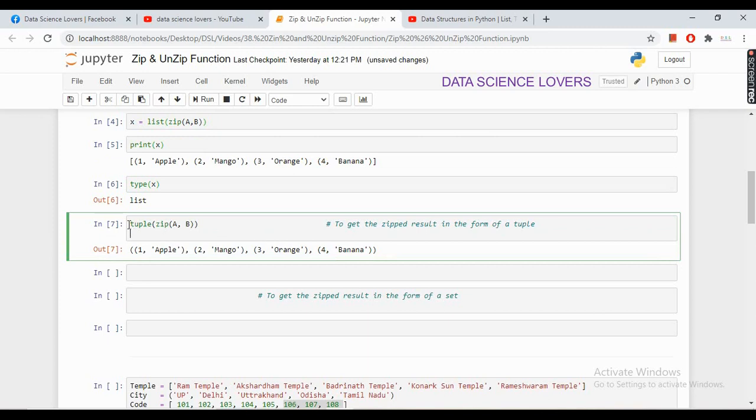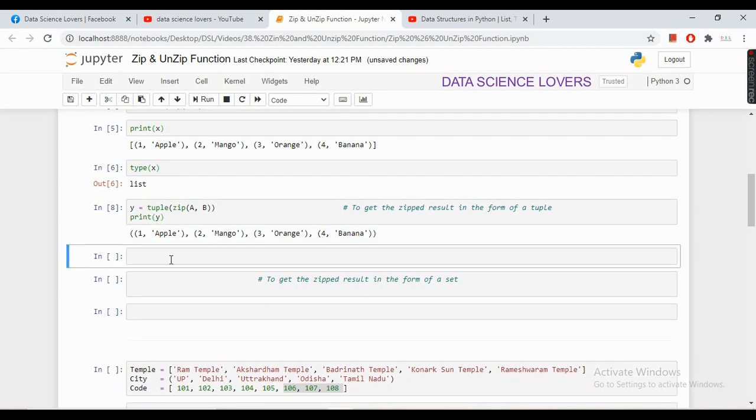We can also save this output in a variable y, and if I print this y, then it is showing the same result, and if I see the type, then it is a tuple.